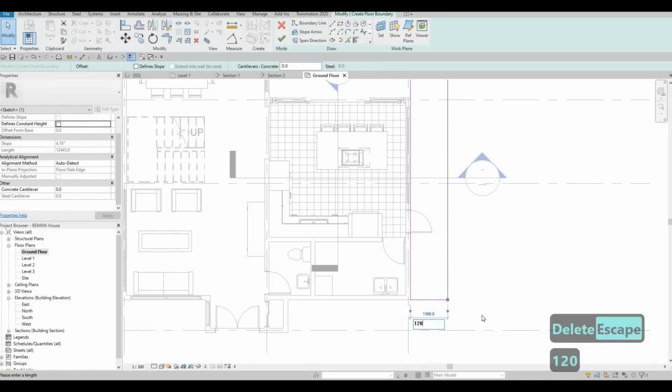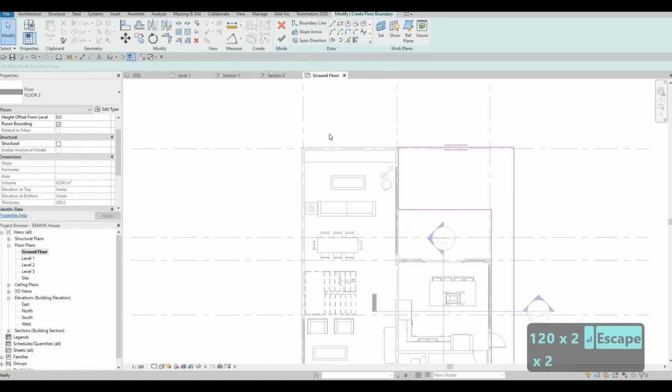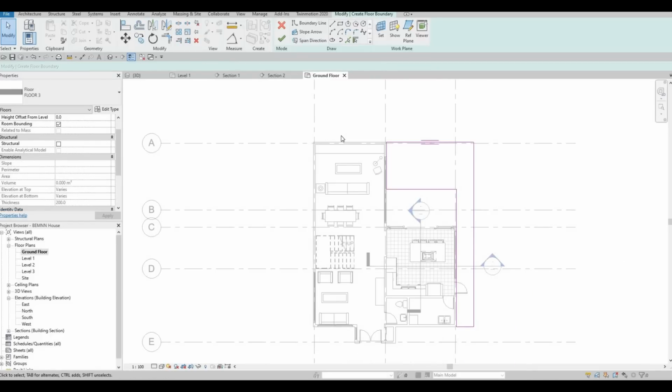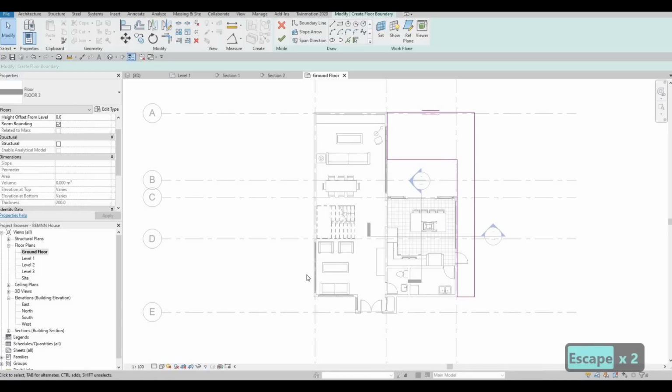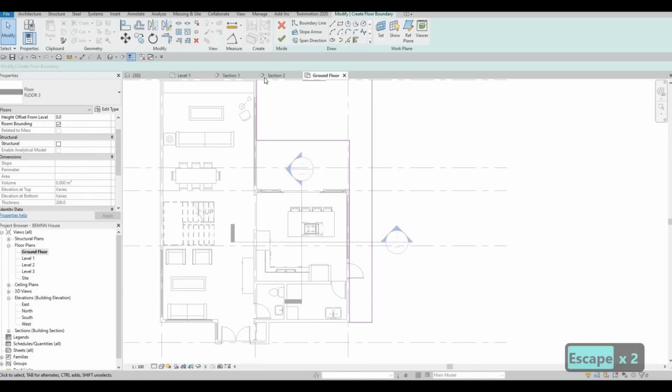So here at 1200, we're gonna add in the boundary wall. I'm still thinking if we should add a boundary wall right here at the side, but I think I'm just gonna add it right here, and then I'm gonna extend this one later on. So let's click on finish,